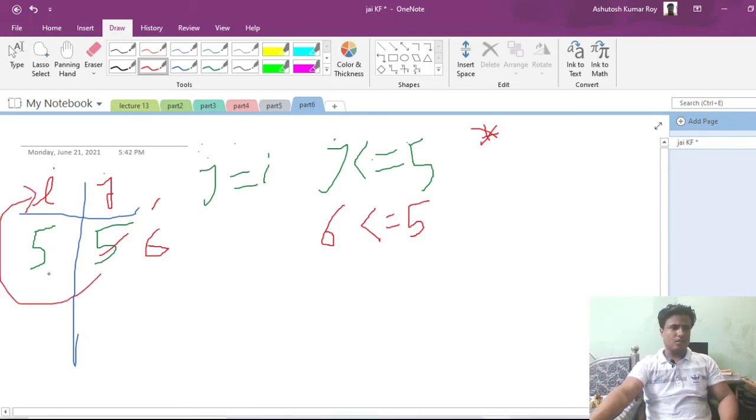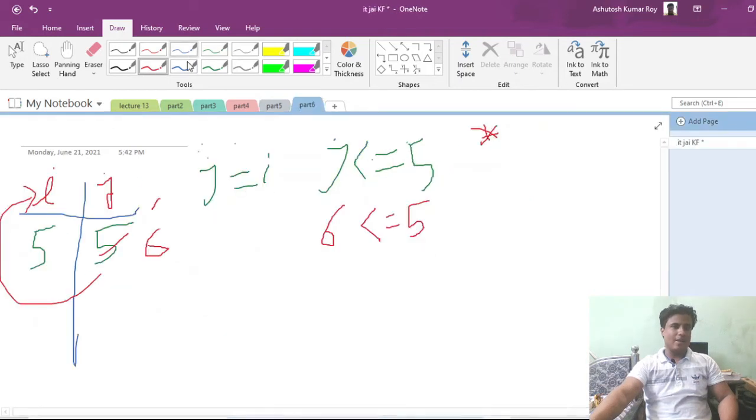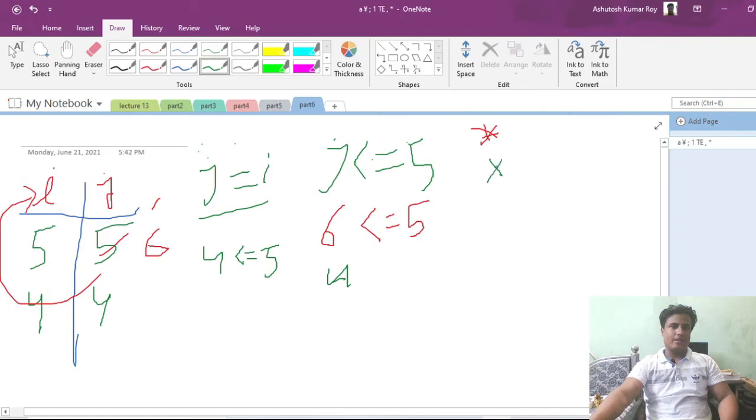Now remember that i is being decremented here. So we will decrement i. Now i becomes 4, and since j equals i, we make j also 4. Now 4 is being compared with 5. Now it will make sense to you. 4 is less than or equal to 5, condition true, so a star will print. Again j is incremented and becomes 5, and 5 is again compared with 5, so the condition is again true. Now we are getting how we are printing this thing, and this goes on and on.